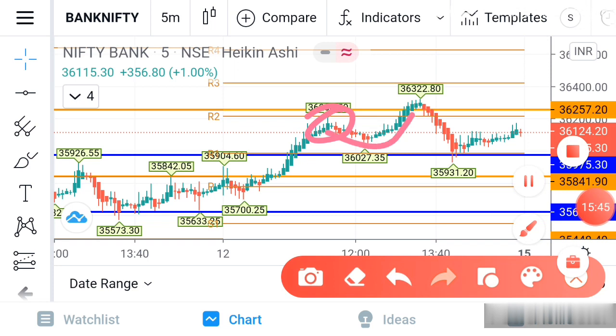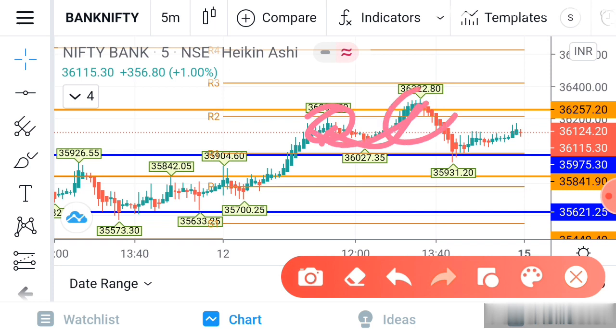If it is not touching, we have to wait for the candle body to touch the resistance, then only we can say the resistance is taken, then the proper candle has to form, and only then can we decide whether it is a PE side. Here you can see it was just going and only the candle wick was touched. If only the wick touches, there is a chance it will touch the candle body later. So it can go up again and touch the resistance, then only it can come down. This is very important.